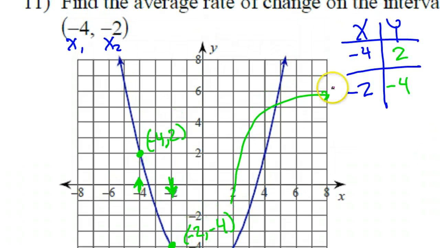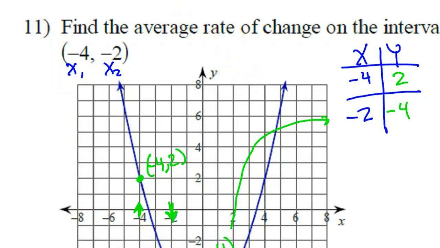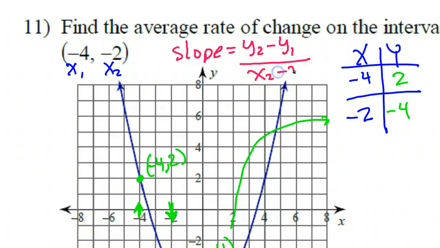Now the rate of change is the slope. Okay, rate of change is the slope, which is y2 minus y1 over x2 minus x1. So that's what I'm going to do right now. I'm going to do y2 minus y1, so negative 4 minus 2, over x2 minus x1, so negative 2 minus